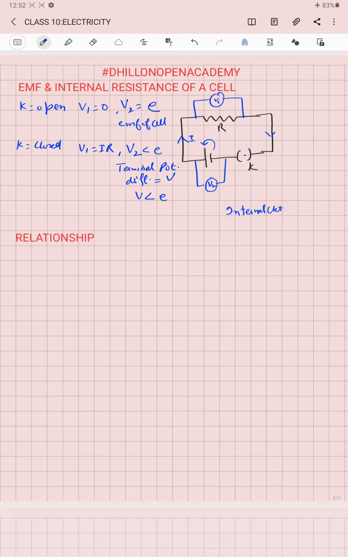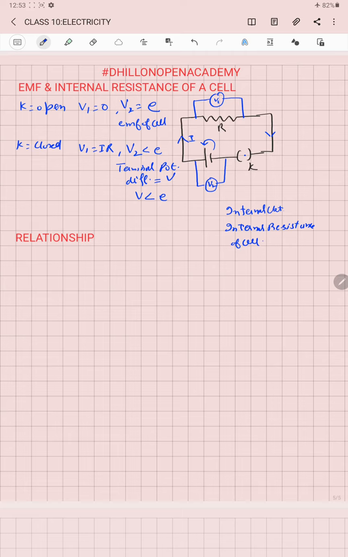These ions, because they are present in huge number in the electrolyte, when current is flowing through the electrolyte, also suffer collisions among each other. So just like collisions among the free electrons in the conductor give rise to external resistance, a similar kind of resistance also arises in the internal circuit, that is in the electrolyte of the cell, due to the collision among the ions. We call that resistance the internal resistance of the cell.